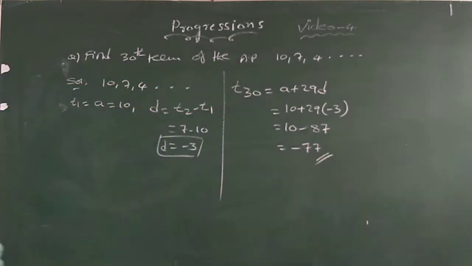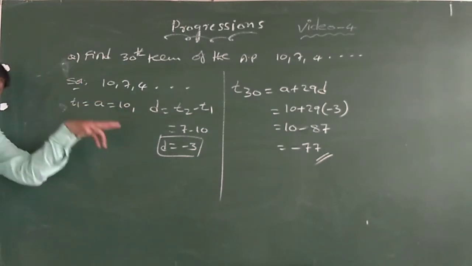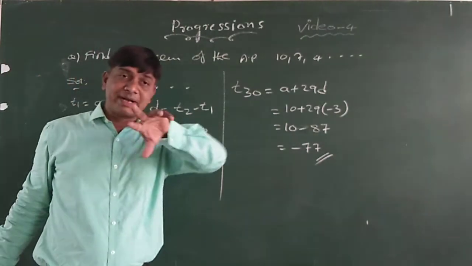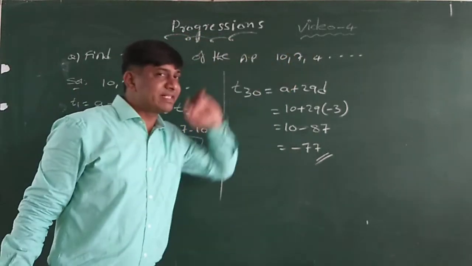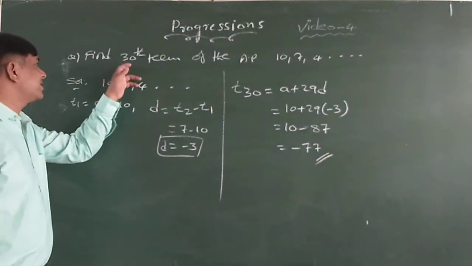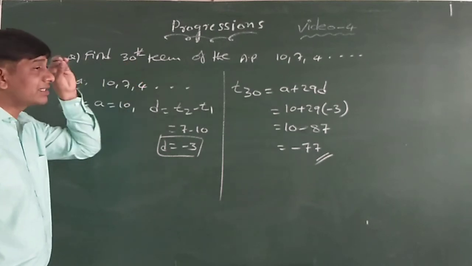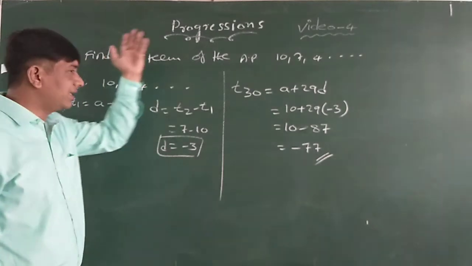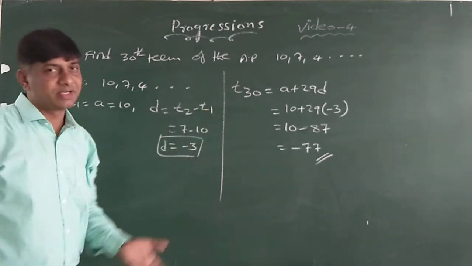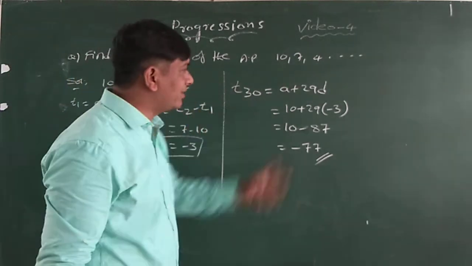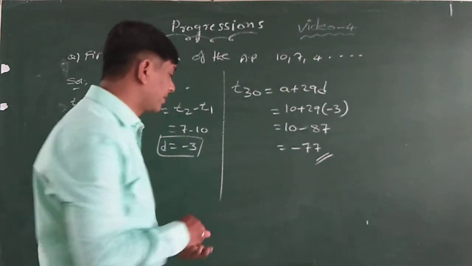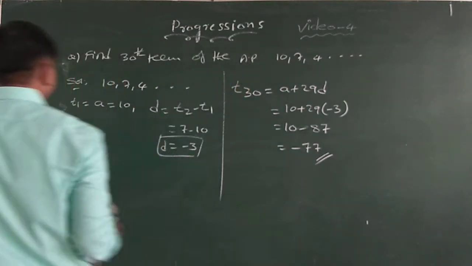Minus 77. In the previous question, the common difference was given and one term was given, and from that we found the 25th term. Now here an AP sequence is given. From this sequence we need to find only the 30th term. If they ask for the 100th term also, the procedure is the same. The nth term general formula we will get, meaning in terms of n. Okay.